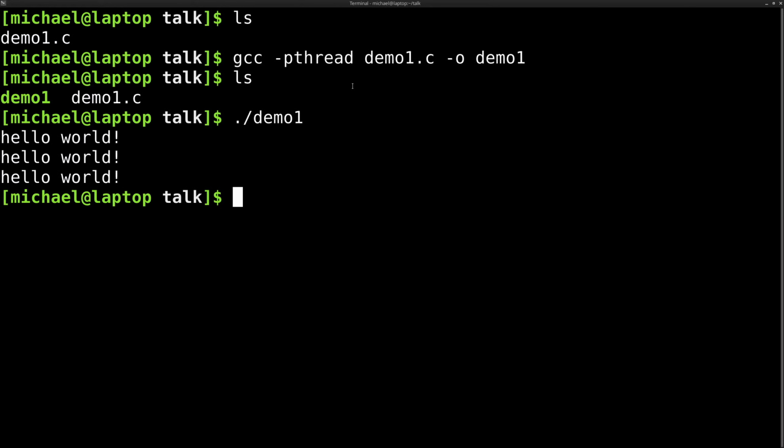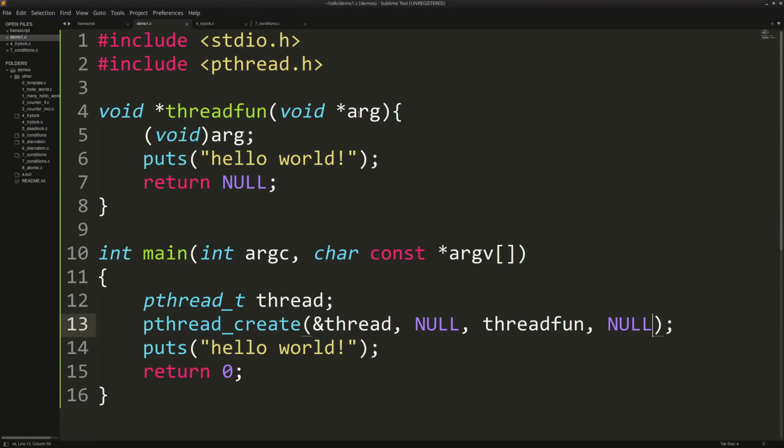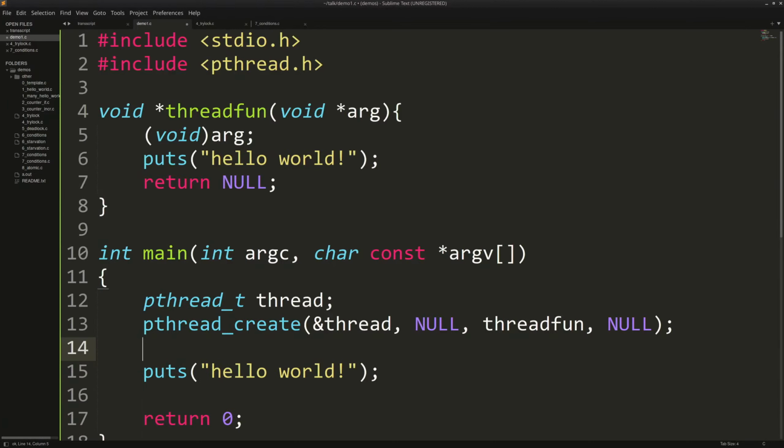And it says hello world 3 times. Well, that's kind of weird, isn't it? Because, well, I only called hello world once. So what happens here is a little mistake I made. We have to actually join our thread.